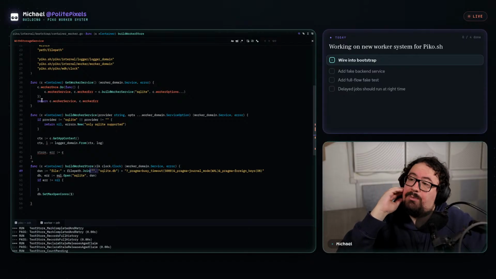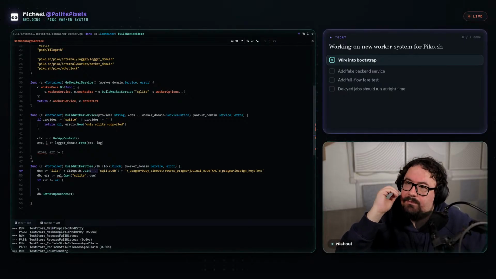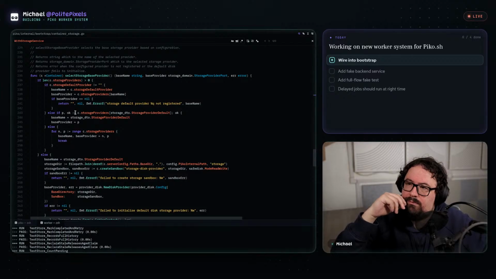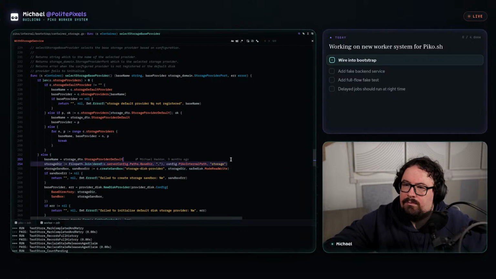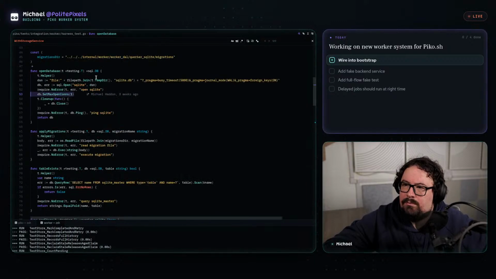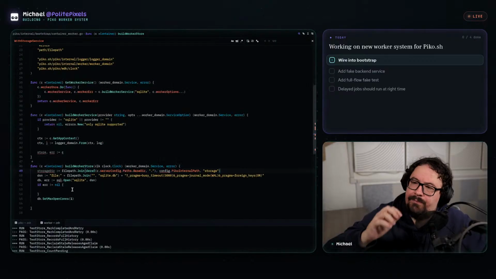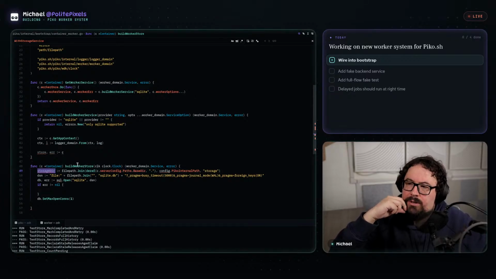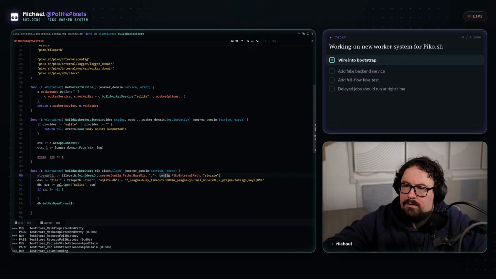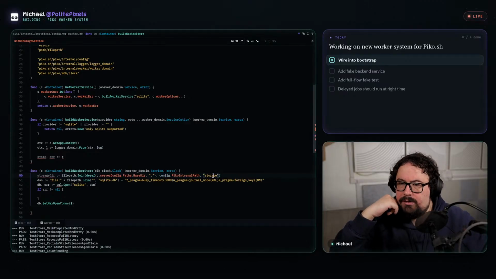Because this should be the Pico path. So this will be the Pico internal path.